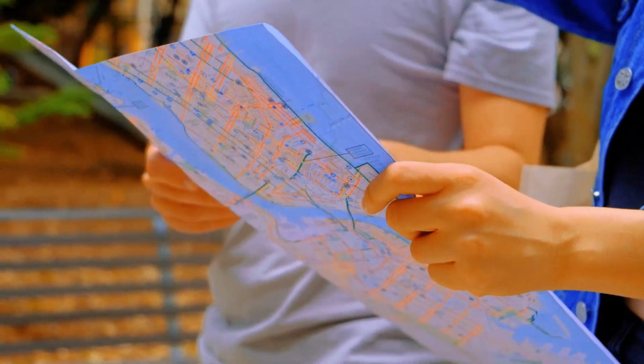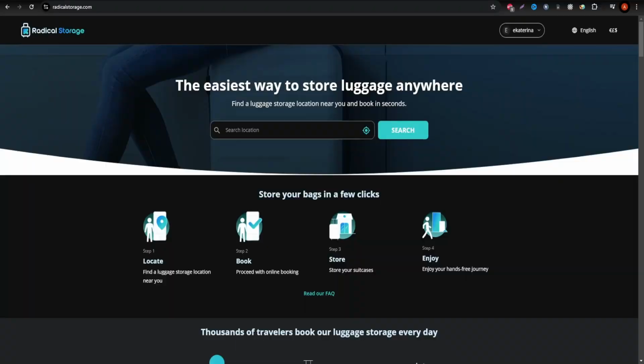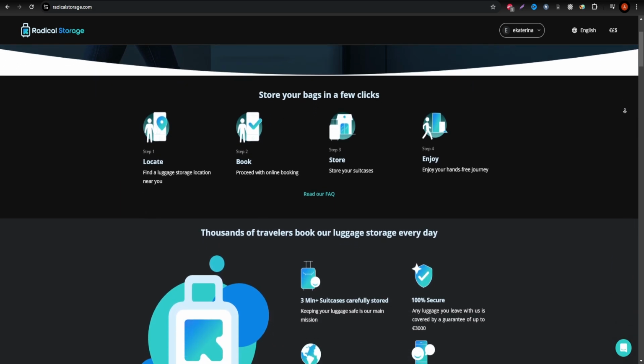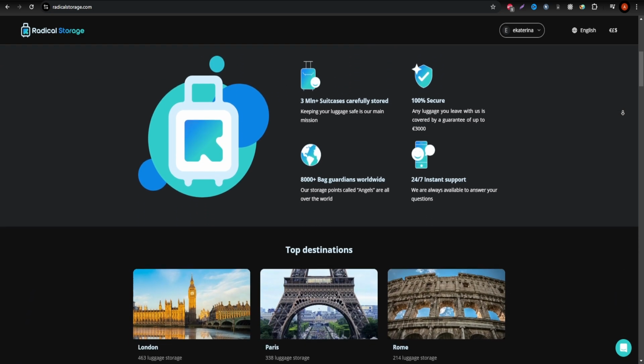Planning to explore Copenhagen, but don't want to be burdened by your luggage? RadicalStorage offers a convenient and secure solution to store your bags while you explore this vibrant city. In this guide, I'll show you how to deposit your luggage at a storage point in Copenhagen using RadicalStorage, a